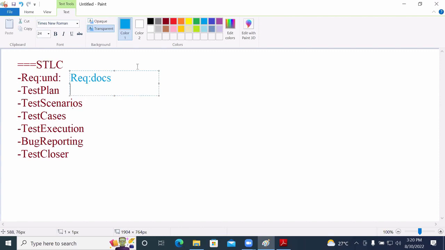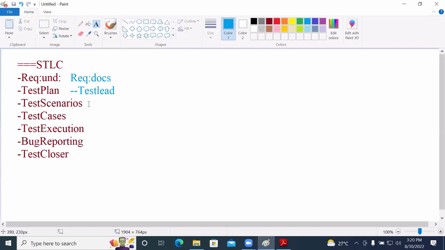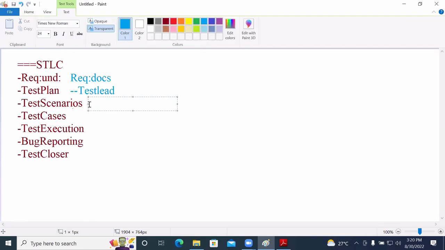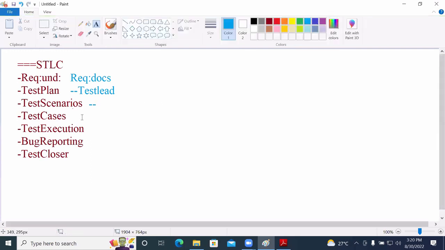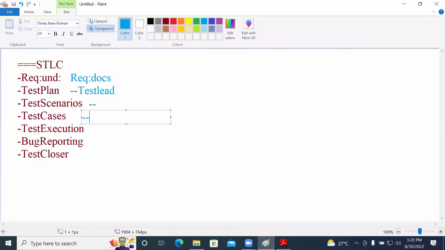After that, you take the test plan. The test plan is done by the test lead. Then we have test scenarios. Meaning of test scenarios? What needs to be tested. Meaning of test cases? How to test.